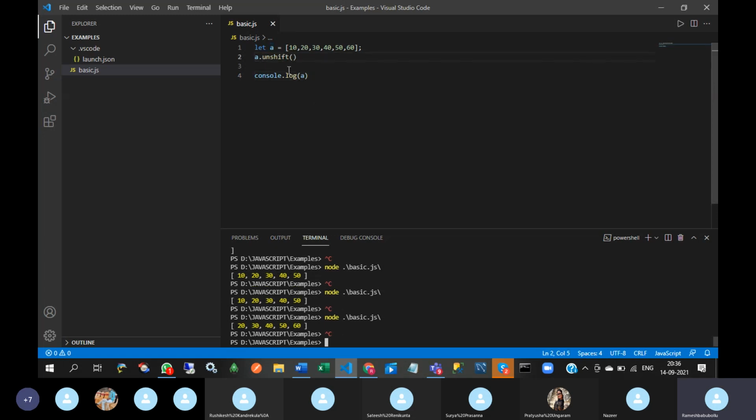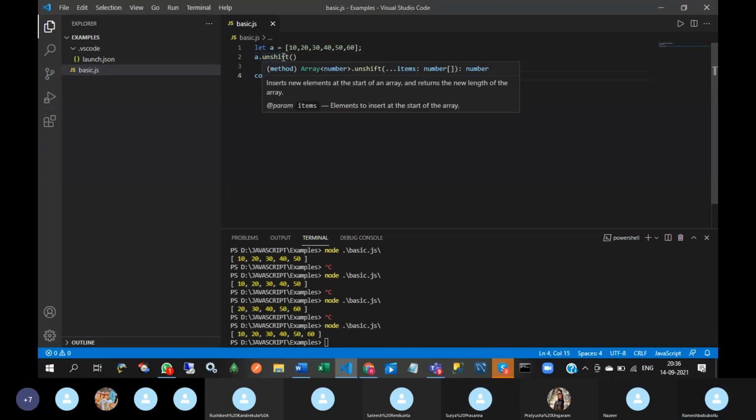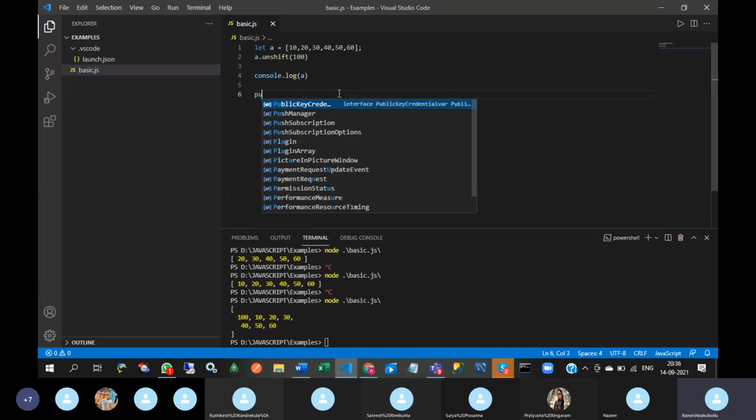Unshift. Unshift logic is, see, insert new elements at the start of the array. So 100, I'm going to give 100.